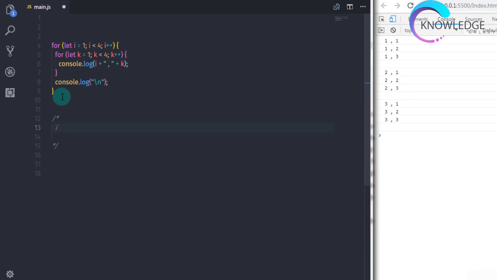Now you have the i variable, and the i variable contains value 1, right? So first the outer for loop will evaluate the expression and execute the body. In the body we have one more for loop, so we declare the k variable here. So I will just say k. Now the k variable is equal to 1, so I will say k equal to 1, right? So when the inner loop executes, it will print 1 and 1 on the console, right? So i is equal to 1 and k is equal to 1, so you will get 1, 1 on the